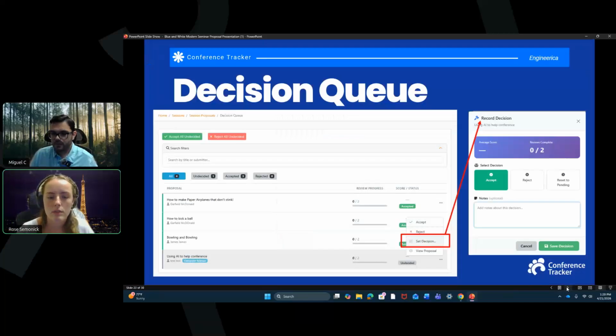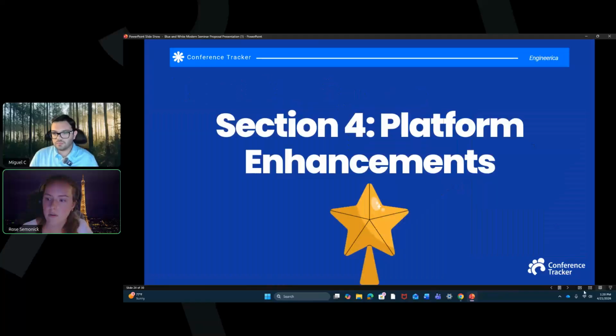All right, and then next we have the decision queue. This is where you could make those decisions. So there's going to be a list of the session proposals that have been submitted. And if you click set decision, that's where the decision you make would be recorded. So you could accept, reject it, or put it back in pending if you're not sure and you want to come back to it. And as you can see here where it says reviews complete 0 out of 2,